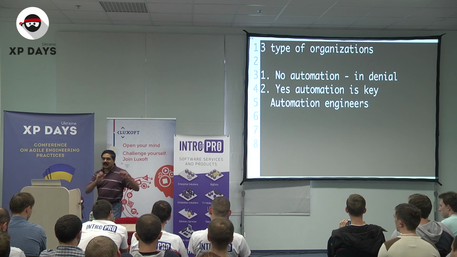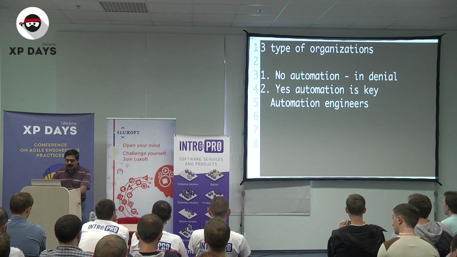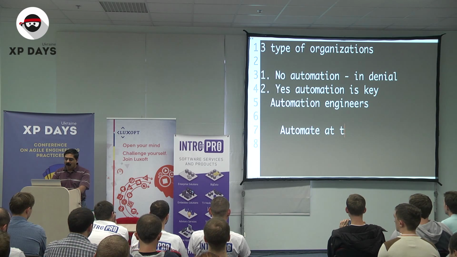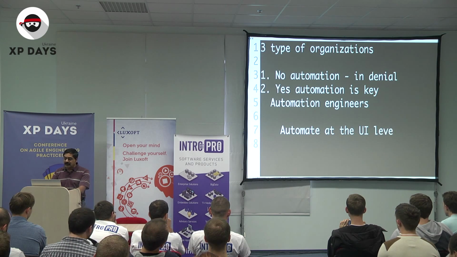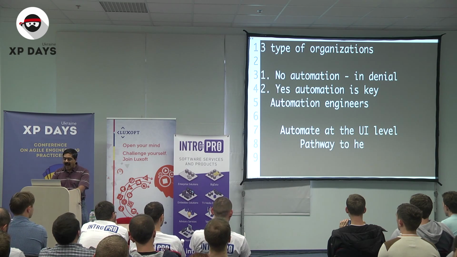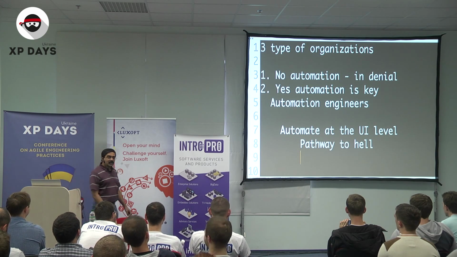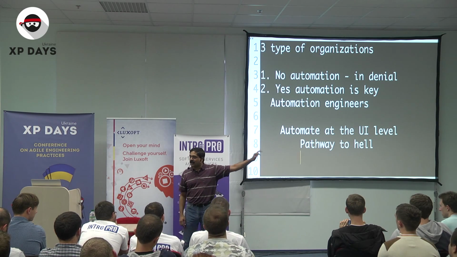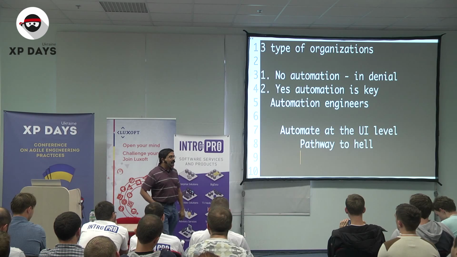Because I can write the automation test at the UI level. So they say, I'm going to automate at the UI level. Now, there is another name for this technique. It's called pathway to hell automation. Because what happens very quickly is, almost every company I talk to, when they have done this, they tell me